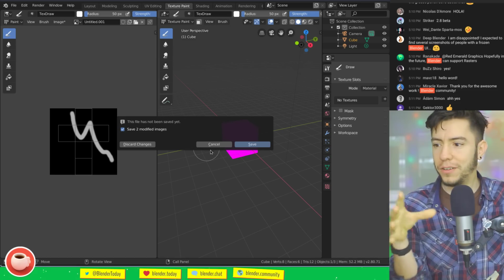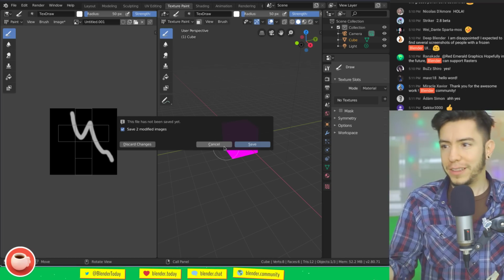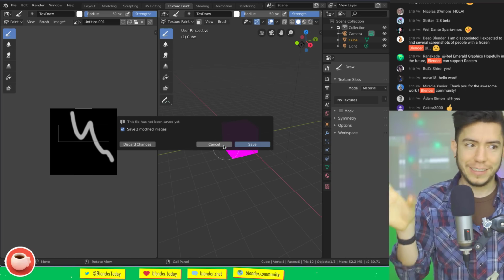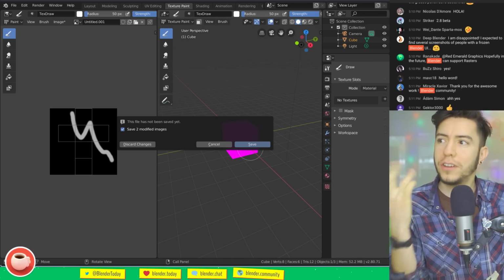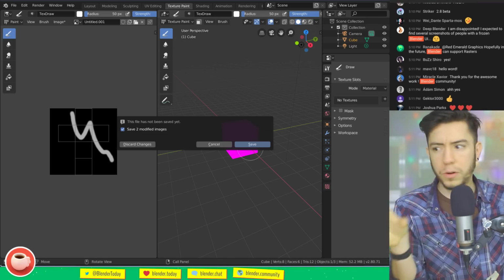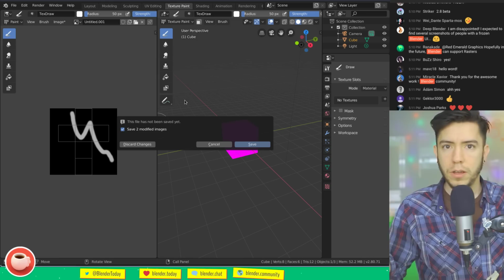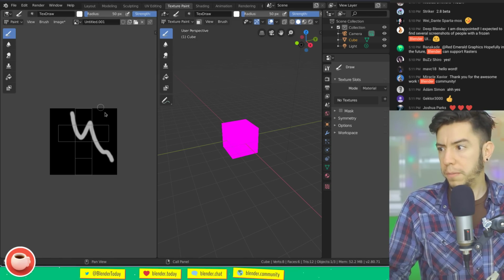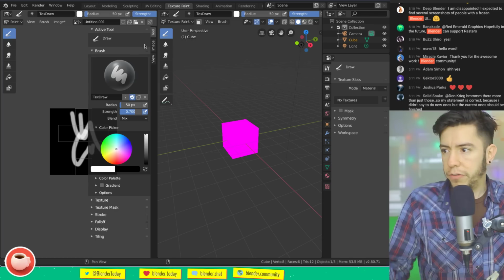I've seen this happening to some people streaming or working in Blender, recording a video, and yes, it wouldn't happen. So now it does. Now you're not going to lose it, and there is a lot more work done under the hood to prevent all kinds of weird things, like for example, if you're painting and then you change some of the settings of your image,